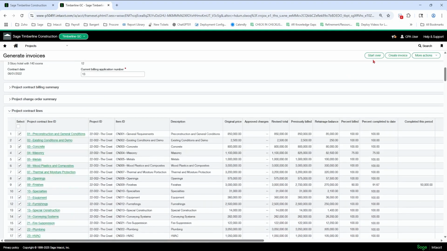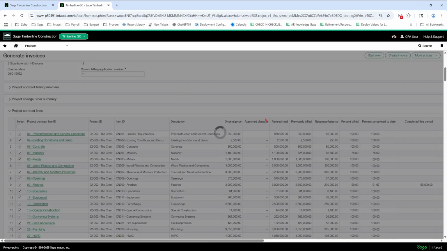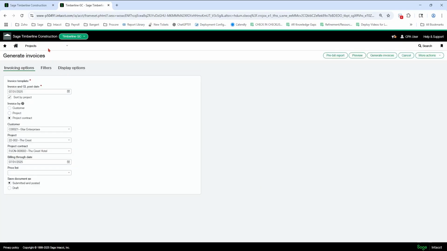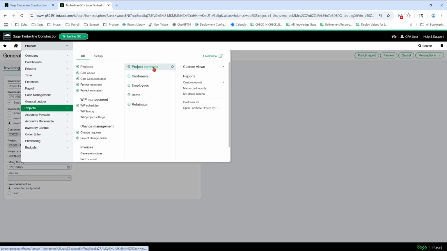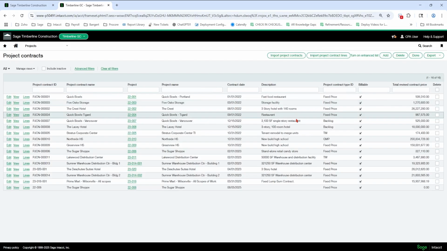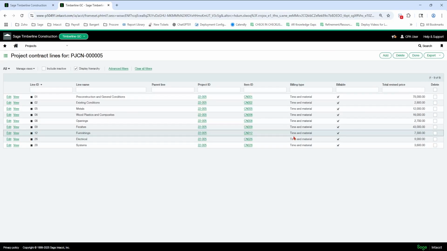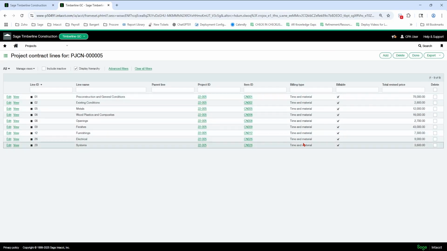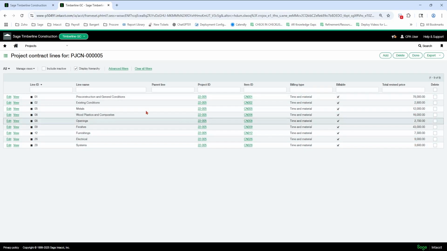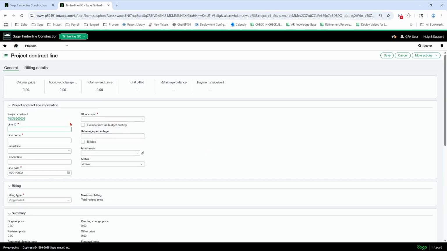So now let's talk about the one where we want the time and material summarized. We want the actual AIA to be filled out by the system to plunk those amounts in the generate invoice screen. And we want the fee at the bottom. So the one we were using for that scenario was the corporate center. So on the lines here, I can have time and material on all my other lines. And then I can do something like this and put the fee at the bottom.